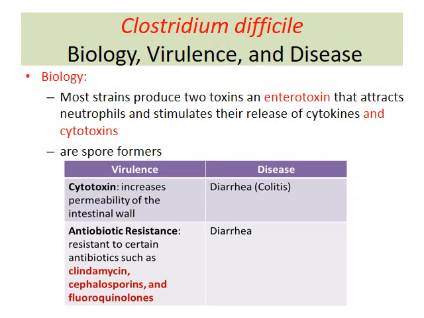And the last bacteria for today, again, is something that we may have discussed earlier as well. On a recap again, Clostridium difficile. Most of the strains in this particular family produce two toxins. One is enterotoxin, that basically attracts neutrophils and stimulates the release of cytokines, and the other is cytotoxin. So these are basically, you can see from here, more to do with enterotoxin. And remember,